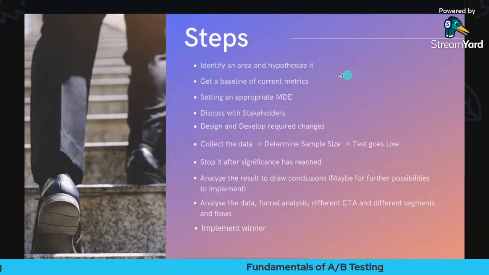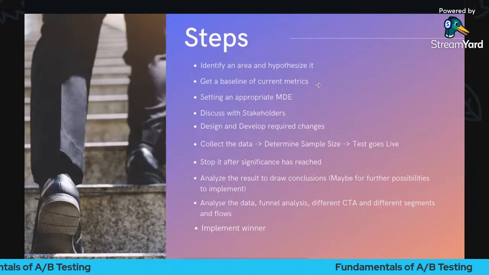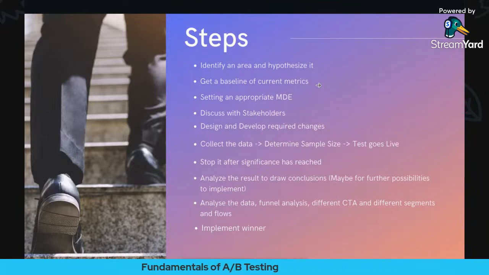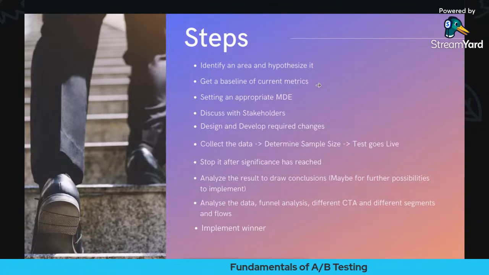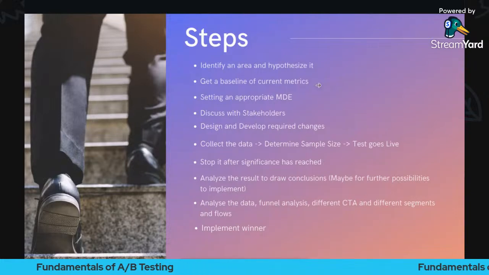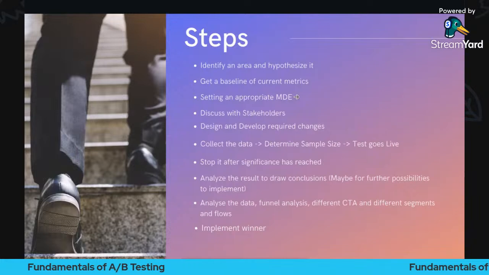Then what we do is we get a baseline of the current metrics. So we get the current data. I'm just giving an example, but for the past 10 days, we've been observing the conversion rate for the control treatment to be possibly 6% currently. So we can define all of our expectations according to that baseline. And that expectation could intuitively be called an MDE, which is the minimum detectable effect,